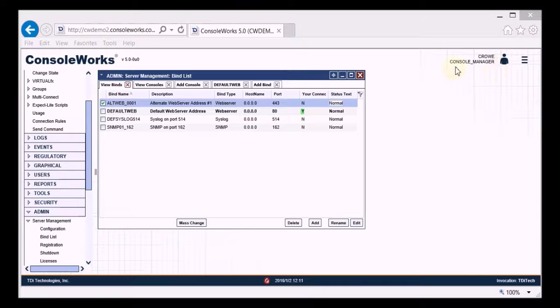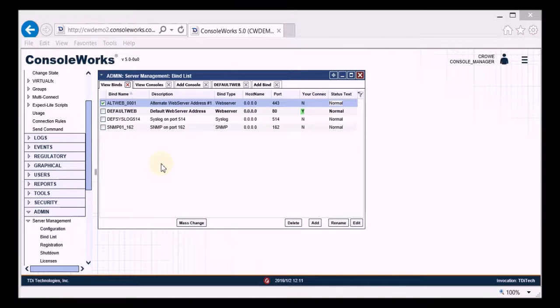You find the bind list under Admin, Server Management, Bind List. It came about because one of our customers, a utilities customer, needed to use a new connector type called the port forward backend connector. That allows them to use an existing GUI type of connection tool to talk to some of their equipment. It's kind of non-standard, so not many of our users outside of the utilities business would ever use that particular